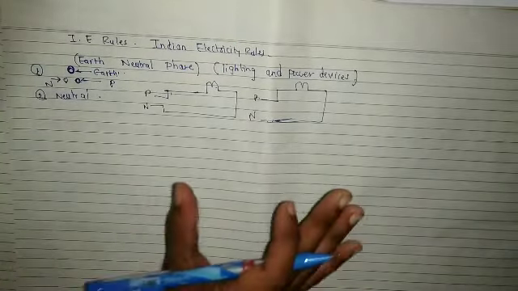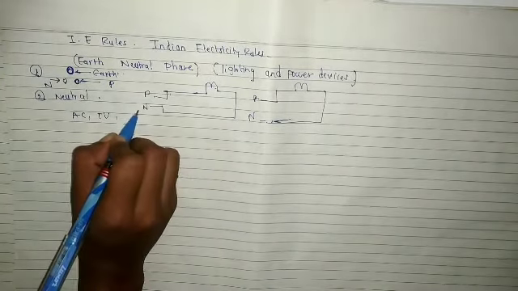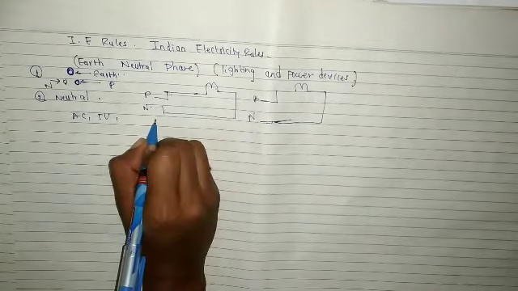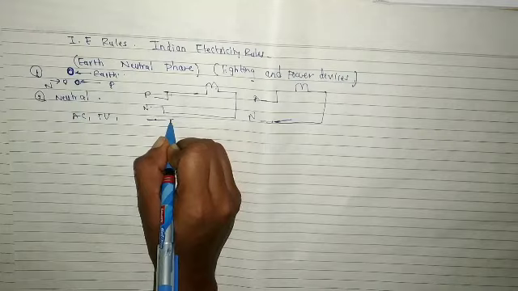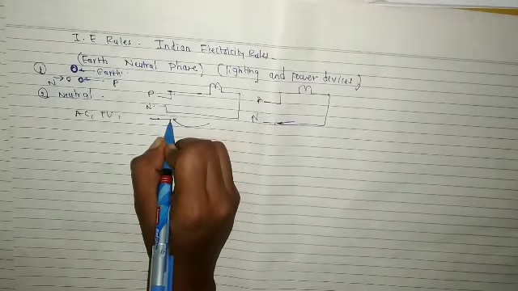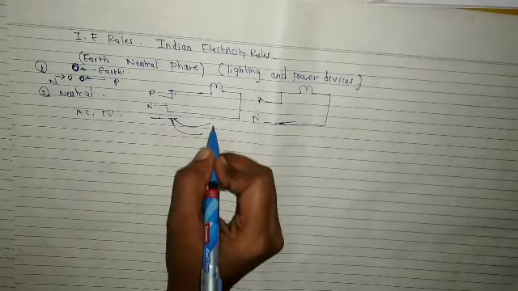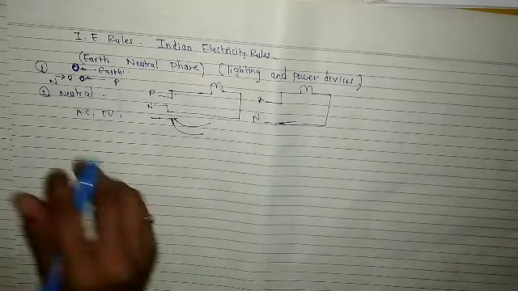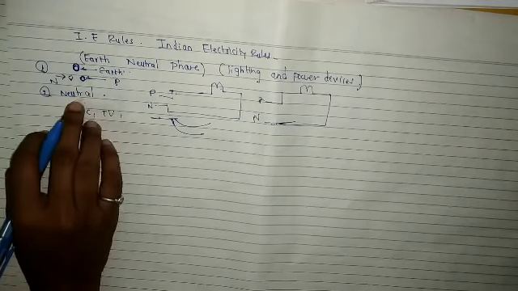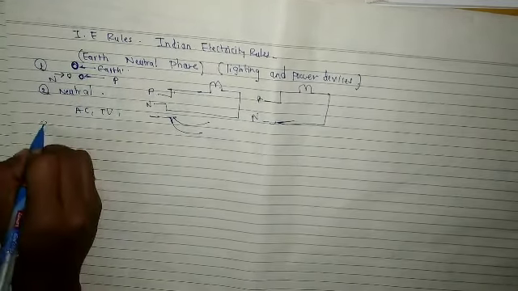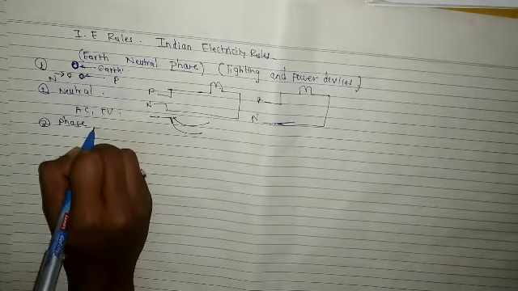That means in our home we have AC, TV, fridge. So we have to link all the neutral points. This is our neutral. This neutral is going to the fan, this neutral is going to the AC. The same neutral has to be linked to all other appliances. So the rule for neutral is that all neutrals we have to link. Third one is phase. We'll now see the rules for phase.